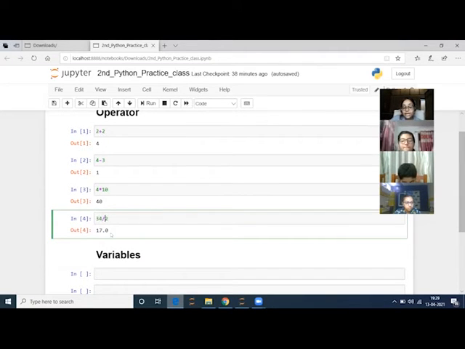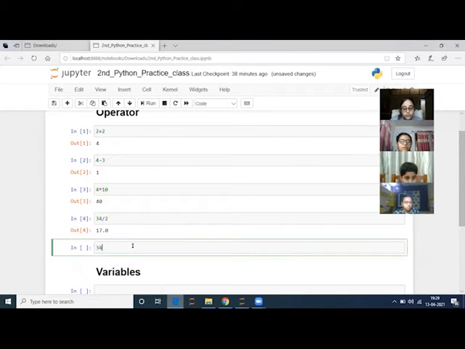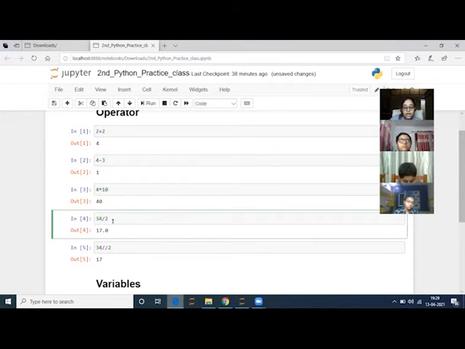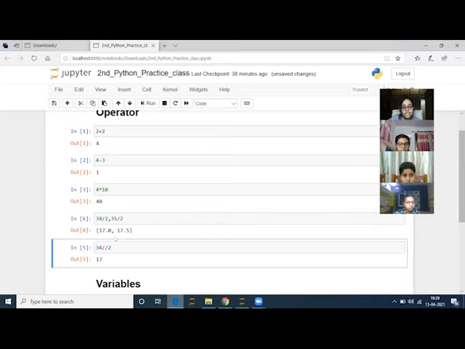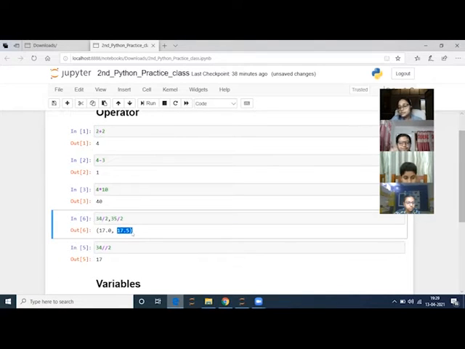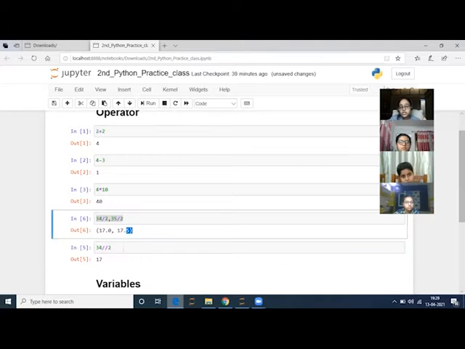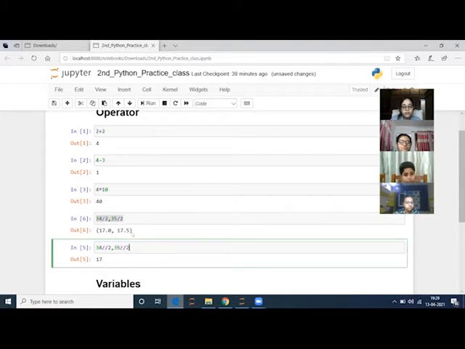So how can we avoid getting this decimal value? I'll show you a different example. 34 with the double slash divided by 2. If we use this, then we can avoid getting this decimal value. Now, for example, if we want to check two outputs at a time, we can put a comma and just write 35 by 2. In this case, we clearly know that we required this decimal because we want this 0.5, otherwise we will lose information. But if we still want the whole value and we are okay to avoid this small thing, we will write 35 double slash 2.